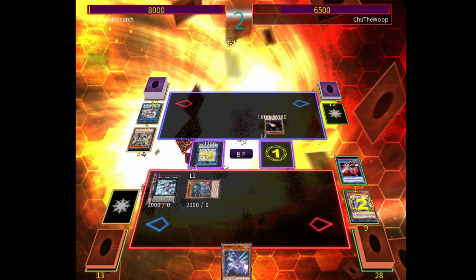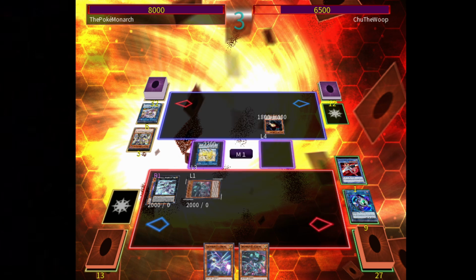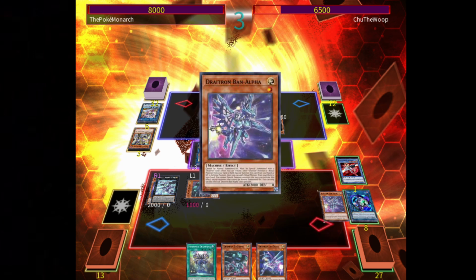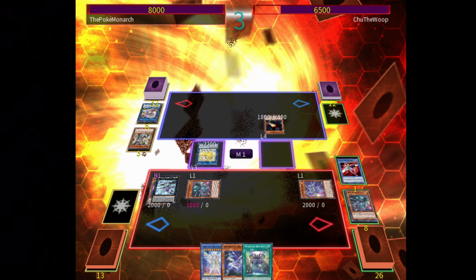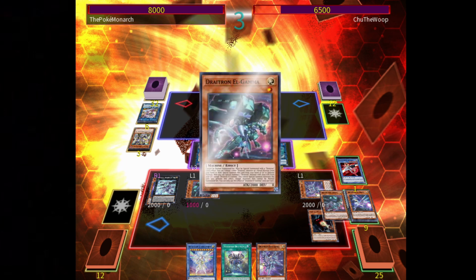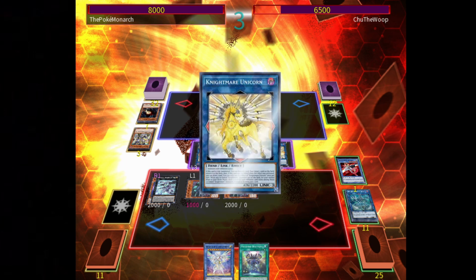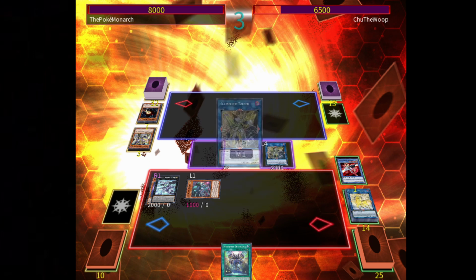We make his monster's attack 0. We bring back the Link Karibo, we make his monster's attack 0. And now we draw. We use Meteonis Drytron to make our monster lose 1,000 attack to add it to hand. Go into Alpha, go into Delta, reveal a card, draw a card, go into Anima, take his monster. And we go into Gamma with Delta, we go into Unicorn, we return his Unicorn, go into Access Code Talker,